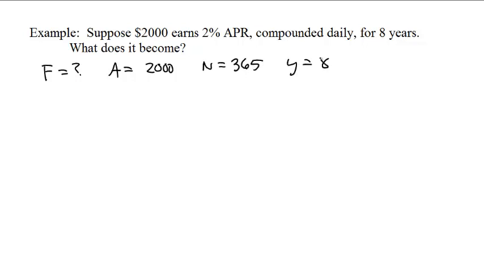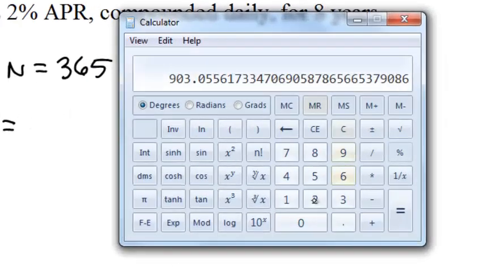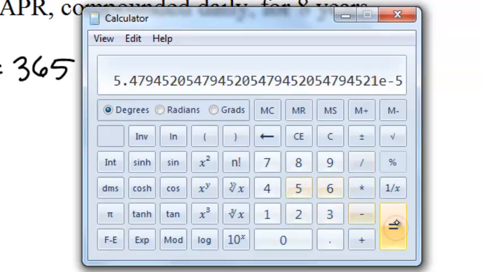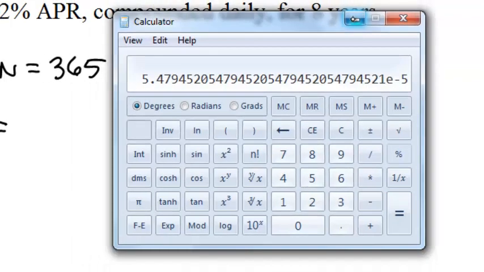The number of years, y, is 8. And the periodic rate, you don't get 2%, you don't get 0.02, you get 1/365th of that each year. And this we should compute, and we get 0.02 divided by 365, and we get, oof, okay, here's my 4 significant digits, 5479,